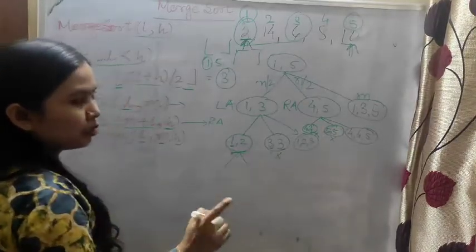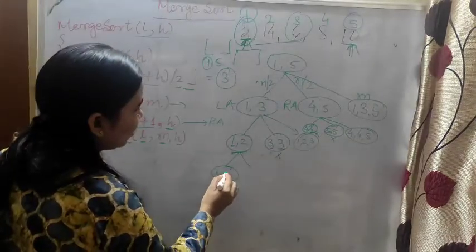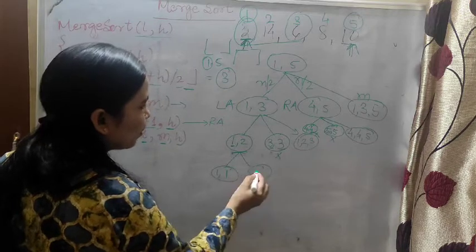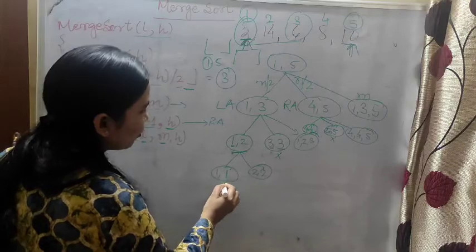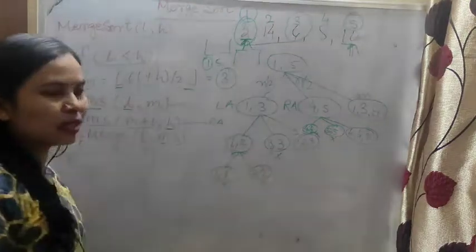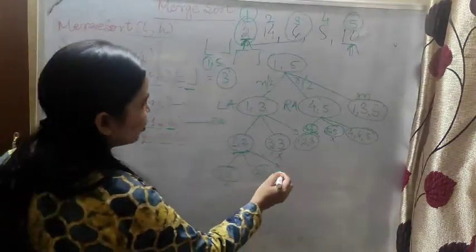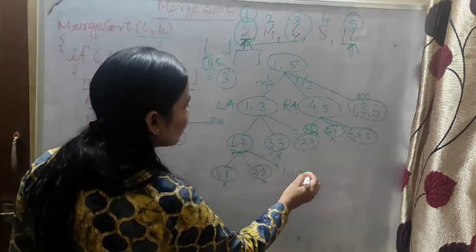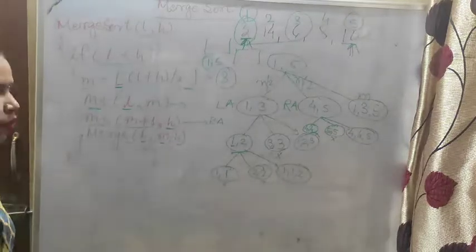Okay, 1, 2, only 2. 2 divided by 2 is 1. So now we can write the first element, the middle element is 1, and middle plus 1, that is 1 plus 1, is 2, and the last element is also 2. So now we will stop splitting because these are single elements. Like this we will split it, and what is the merging? First element 1, middle element 1 and last element is 2. Okay, so like this merge sort will work.